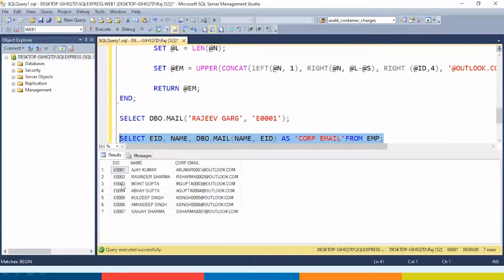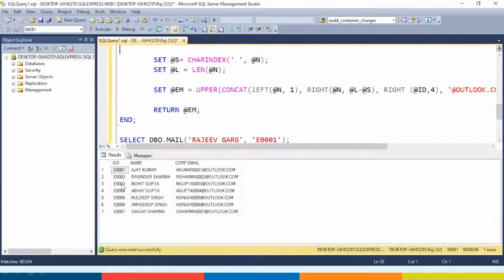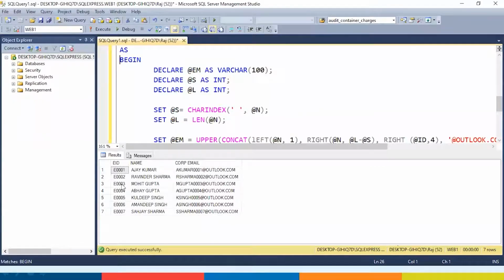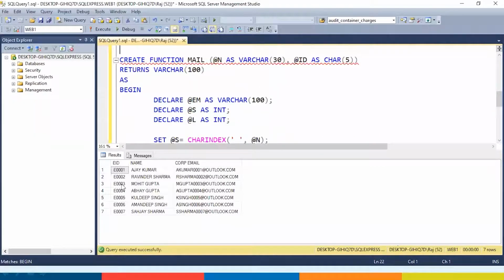Here it is, right? So let me quickly explain what we have done over here. We have created a function mail, which is taking two character type variables as parameters, the name and the employee ID, and it will return a varchar type. As begin, we have taken three variables over here. One is of varchar type and two are of integer type.